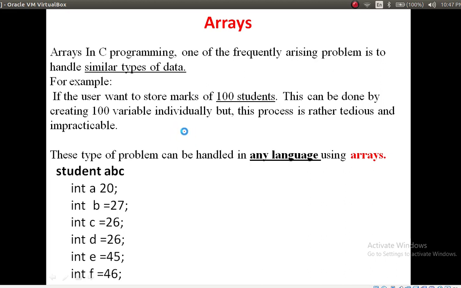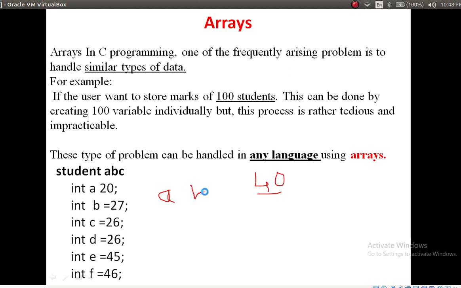Assume in third semester there are a total of 40 students, and we want to store their marks. How are we going to store them? First of all you have to define variables.